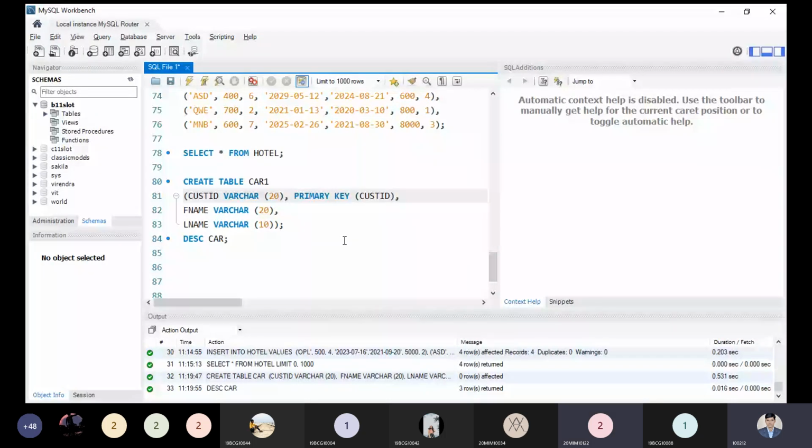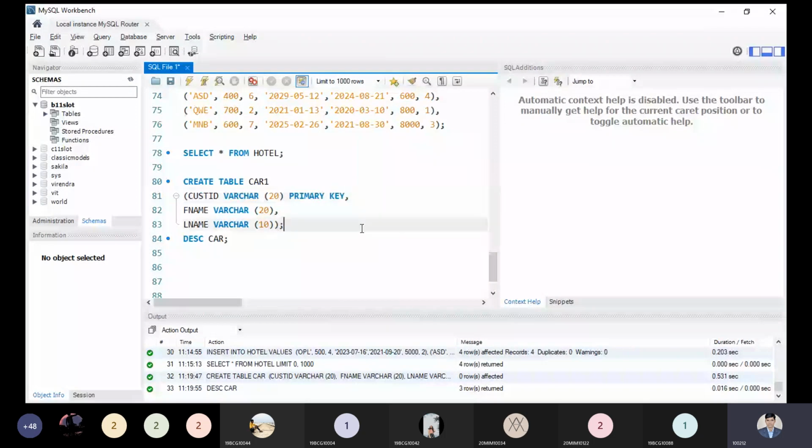Sir, actually this time the primary key acts as a column constraint. So you have to remove the parenthesis. Right now, last time it was a table constraint, but this time it acts like a column constraint. So remove the parenthesis, it should work. I have removed it right now. Sir, you have to remove the customer ID also, the name also, because we are defining it. Okay, it is working, so no issue.